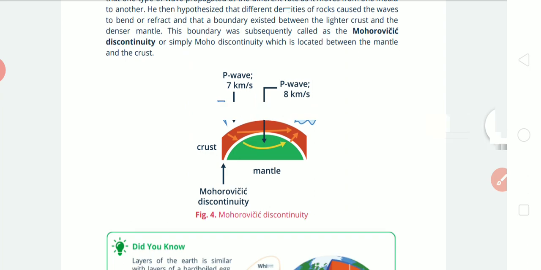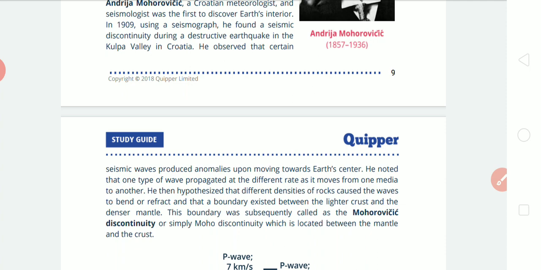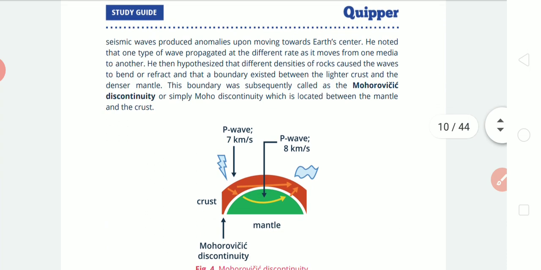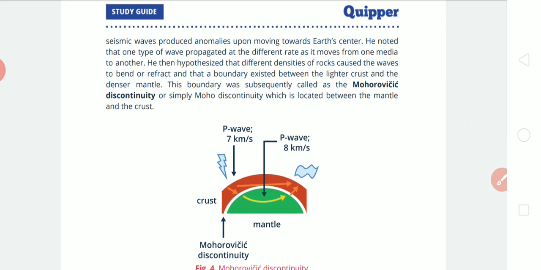Ang main contribution jud ni Andreja Mohorovic is that he's able to hypothesize that when one wave moves from one medium to another, magvary ang ilahang reaction. Like for example, here we have a P wave. So daghan magong klase nga waves, especially sa kanang seismic waves. We have S waves, we have P waves. Now P waves